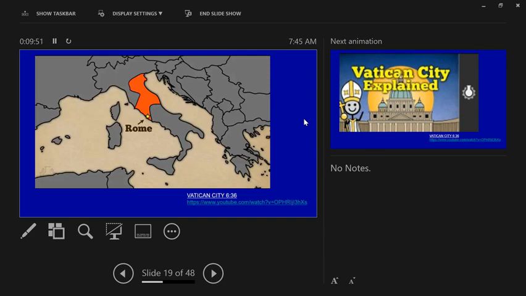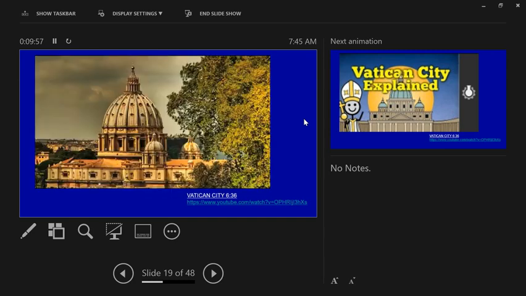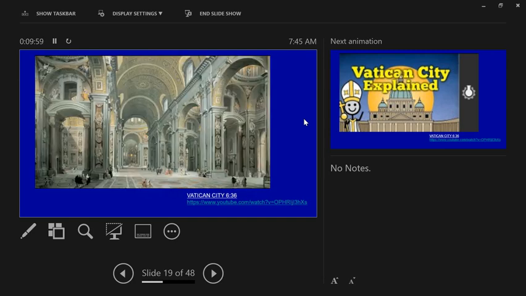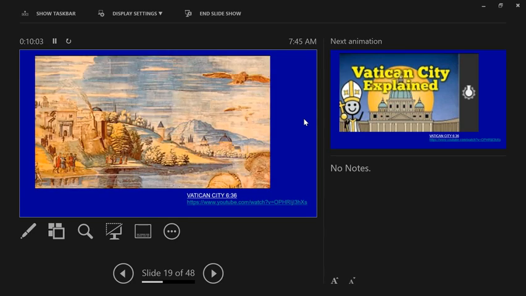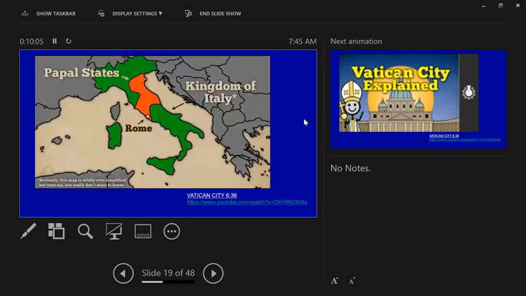The popes used to rule a country called the Papal States that covered much of modern-day Italy. It was during this 1,000-plus-year reign that the popes constructed St. Peter's Basilica, the largest church in the world, and also built a wall around the base of a hill known as Vatican, upon which St. Peter's stood. But the Kingdom of Italy next door thought Rome would make an awesome capital for their country, and so conquered the Papal States.